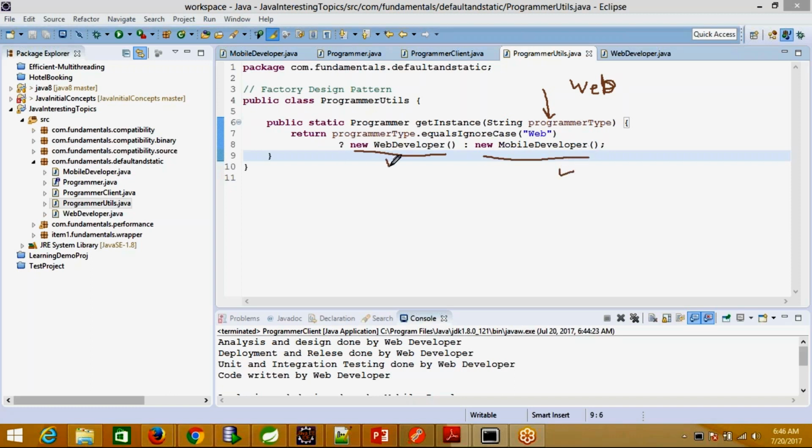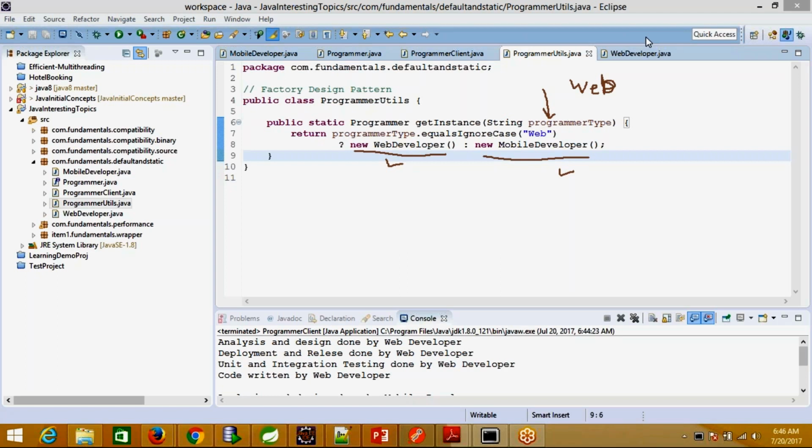So simple ternary operator logic, which returns a different object based on your need. You can apply different logic as well, like if-else or something else, based on your wish.